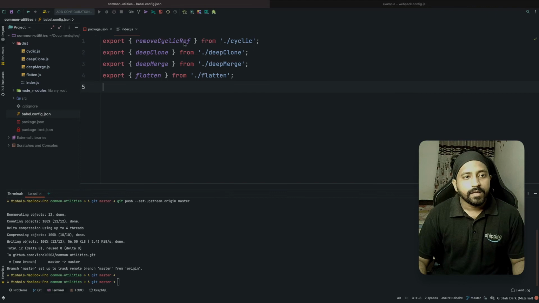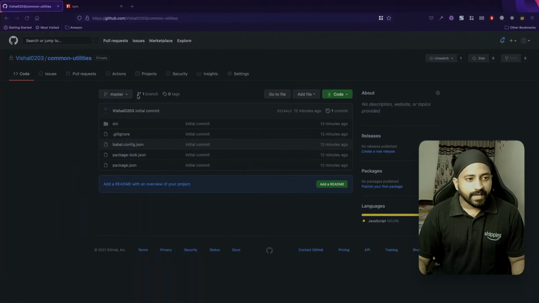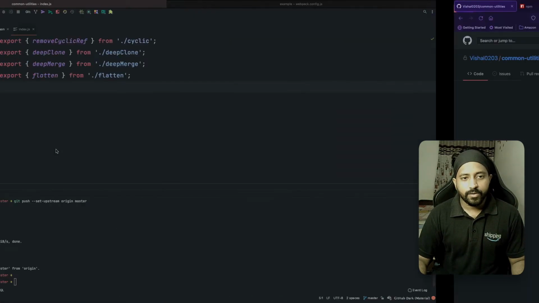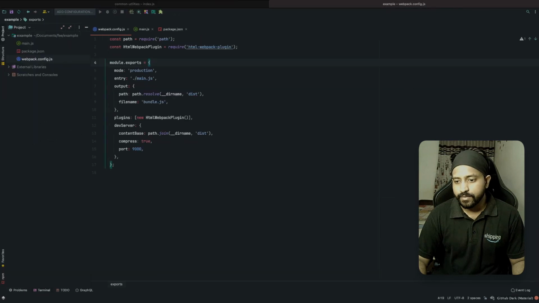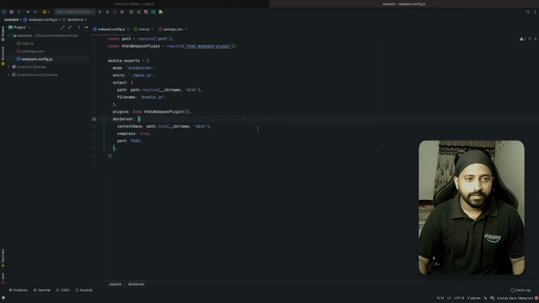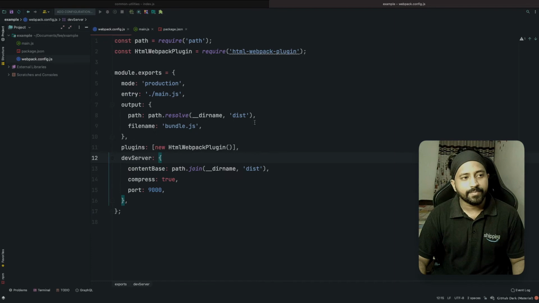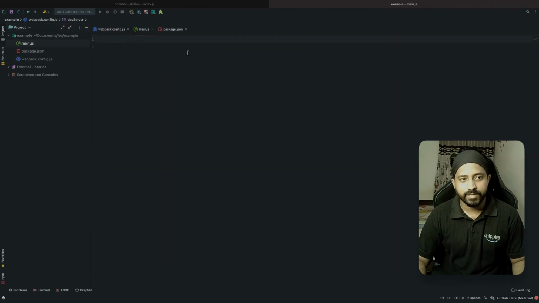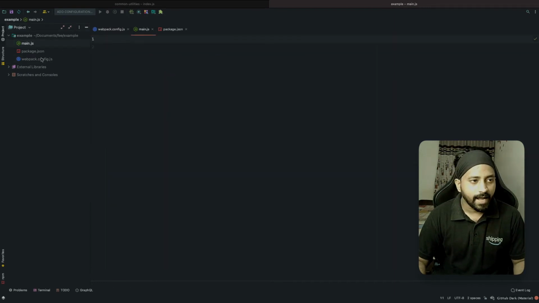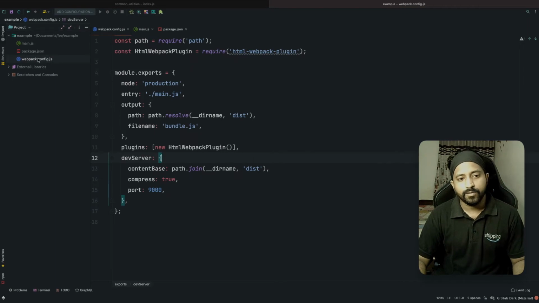Okay, all right. So yeah, my code is now pushed. Now I've already created another application called example. In my example application, we just have a main.js file which is currently empty, and I've also added a webpack.config.js, a very minimal webpack configuration, which is going to run in production mode.